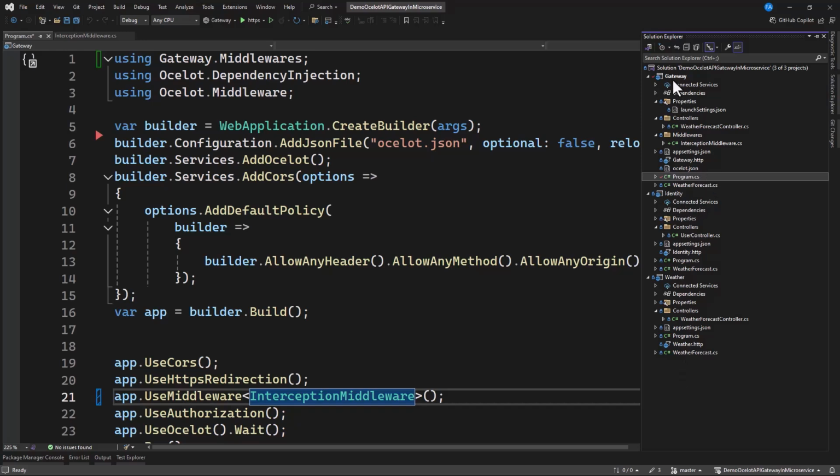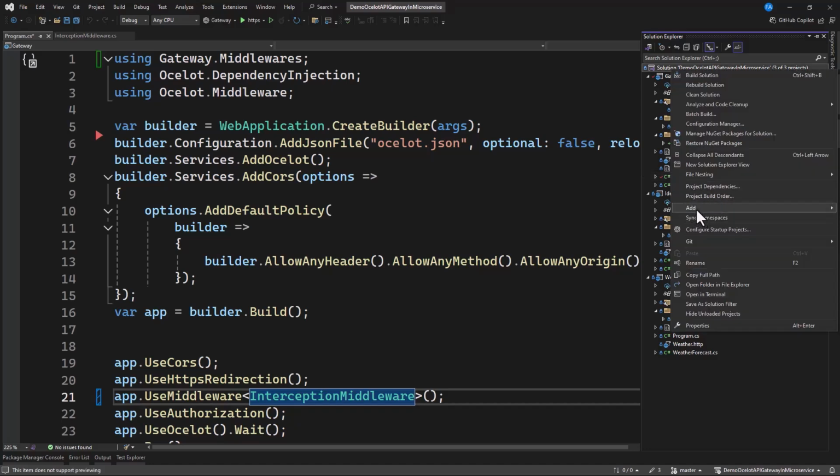Now you can see that if you decide to create a middleware for each, it means when you scale up your microservice by adding more services, you have to copy the same code and paste it in the various services. So in order for us to skip repeating code, we can add a class library where we're going to create a middleware in it. And now any project that we add, we can just go ahead and add this library. Sounds good, right? So let's do that.